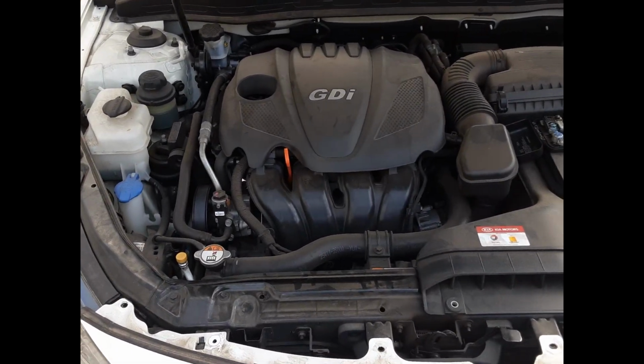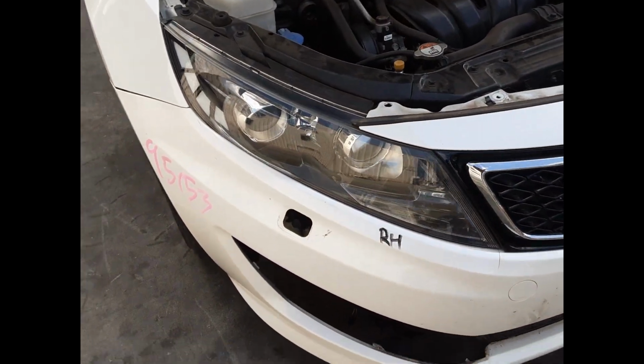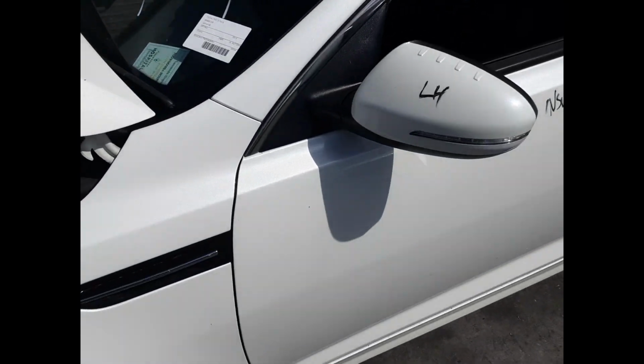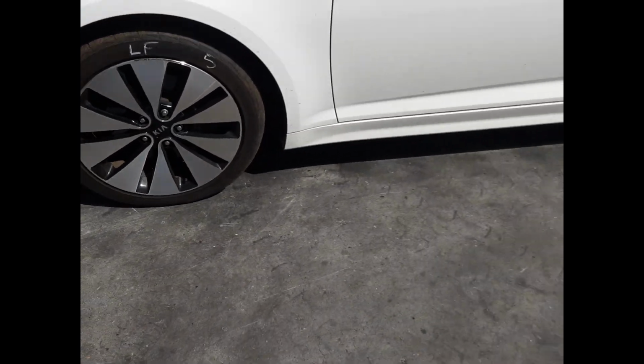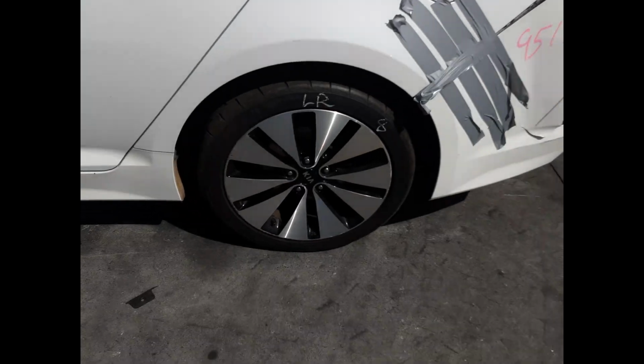G4KJ 2.4 litre 4-cylinder petrol engine with radiator grille, right-hand headlight, left-hand headlight, left guard has no damage, left power door mirror, bonnet has no damage, left front 18-inch factory alloy mag with a good tyre, left-hand side skirt, left front door has no damage, left rear door has 2 small dents, left rear 18-inch factory alloy mag with